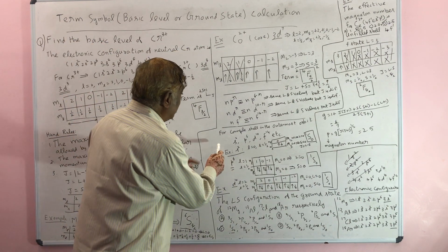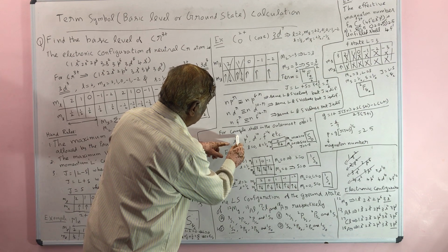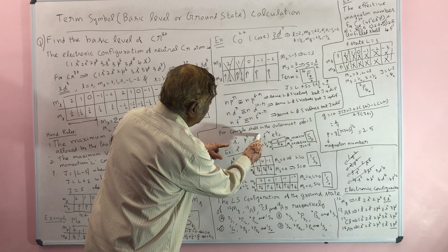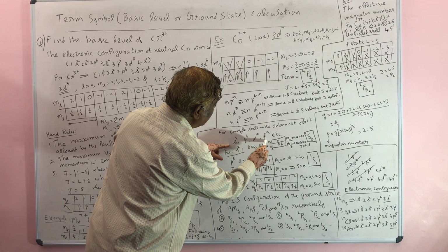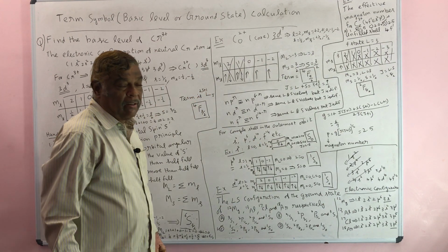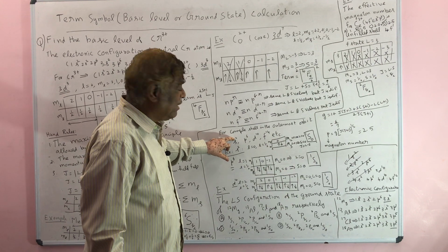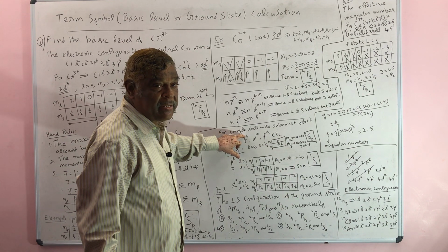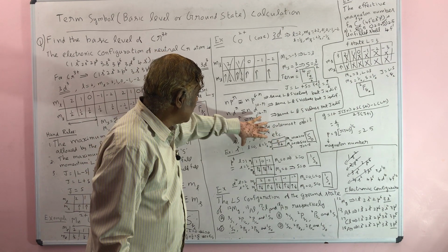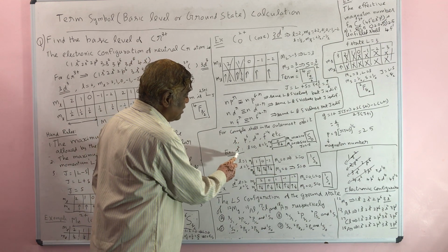Now you take a system. Suppose there are 2 electrons in the S state, 6 electrons in the P state, 10 electrons in the D state, 14 electrons in the F state, etc. So this is the completion, all the electrons in the state. This is the completion, because 2 electrons are in the S state, 6 electrons are in the P state, so again it's complete, 10 electrons are in the D state and so on. Let us take, for example, 2 electrons in the S state.